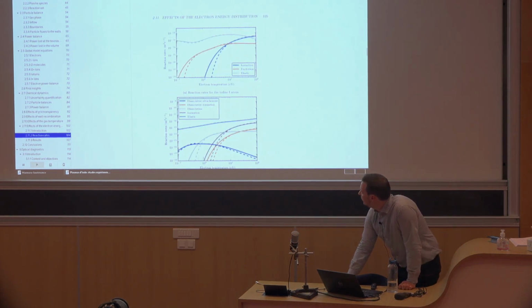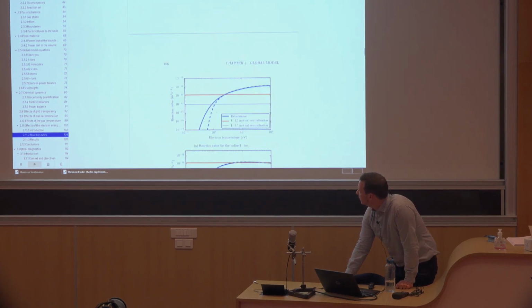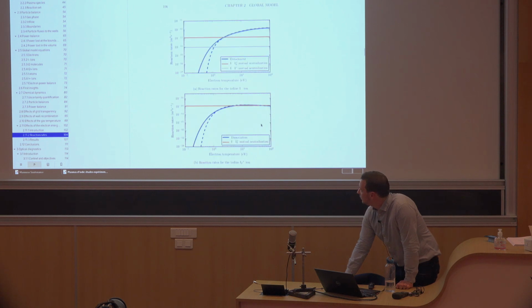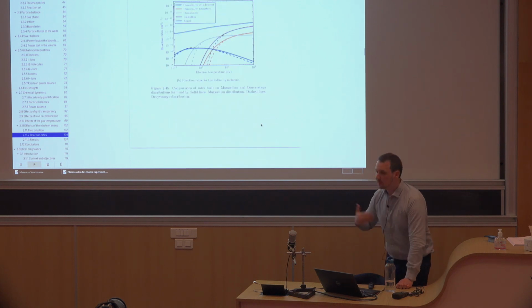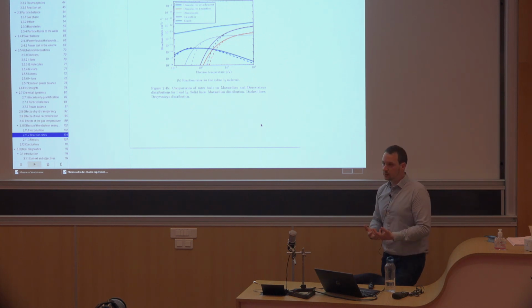Except for some reactions, for example this one, the dissociative attachment, which are really limited. In most reactions, if you shift 1 eV, you go back to the situation you had before. So the plasma happens to adapt its electron temperature so that the chemical equilibrium stays the same, so that you have the same densities and the same reaction rates. Because the ionization rate is fixed in your...